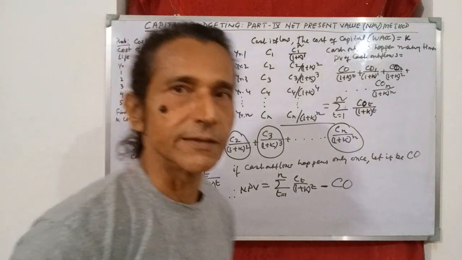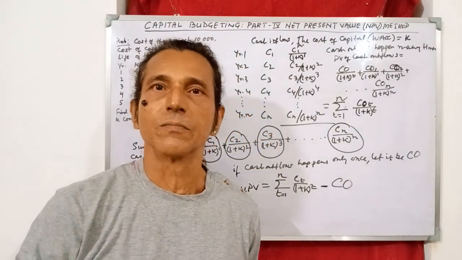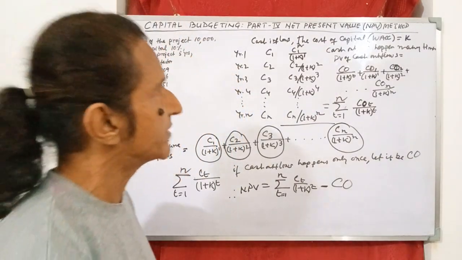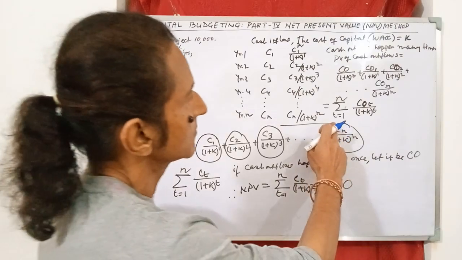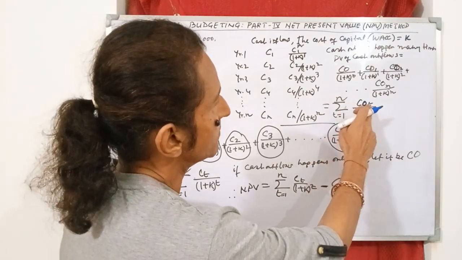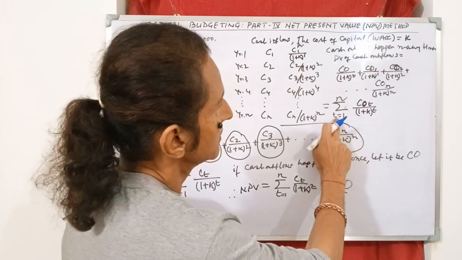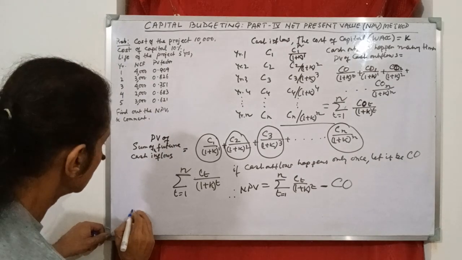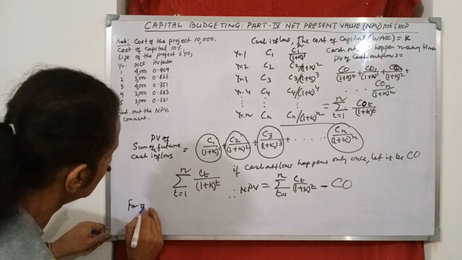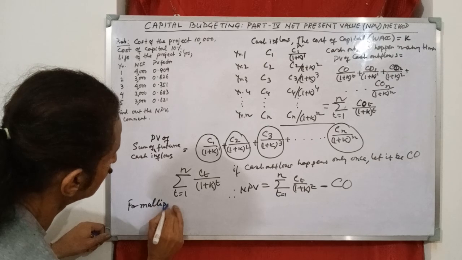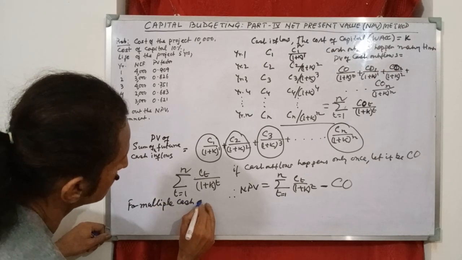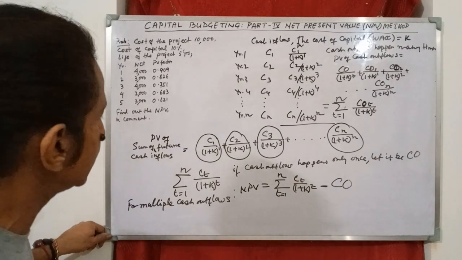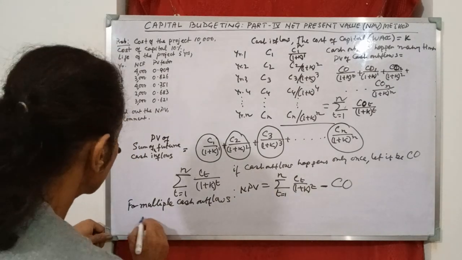So when there are cash outflows in a number of years, then the present value of the cash outflows will be equal to summation of CO sub t divided by 1 plus k to the power t, when t is 1 to n. So for multiple cash outflows, that is, cash outflows are taking place in a number of years, then